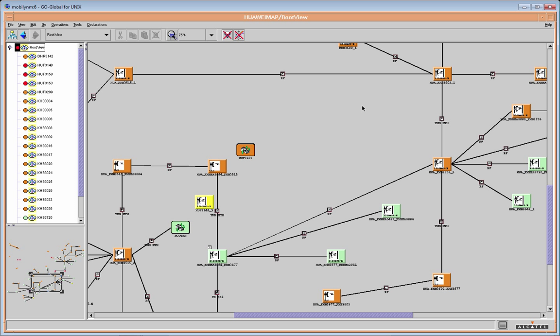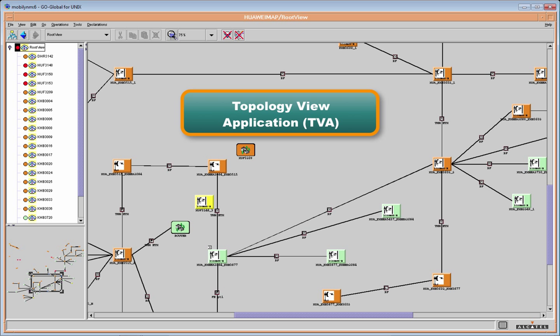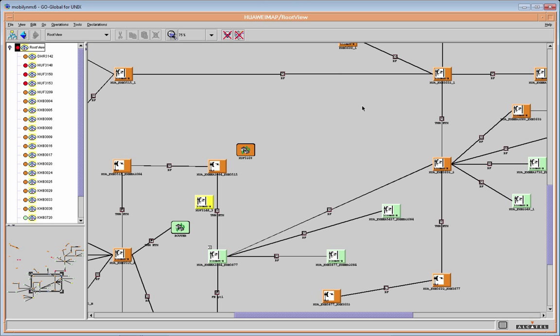In this video, we will talk about the topology view application and the different components of the topology manager. We will also talk about how to navigate through and how to perform operation and maintenance activities using the available tools. Let us start with the topology view